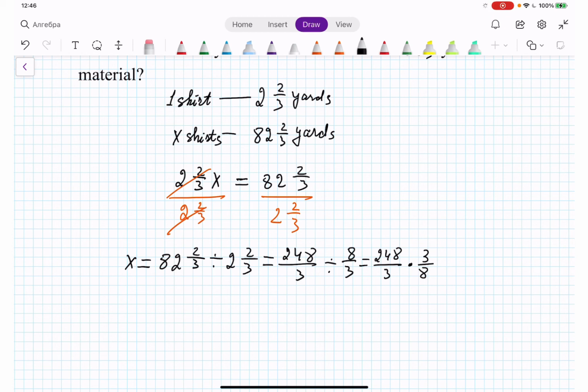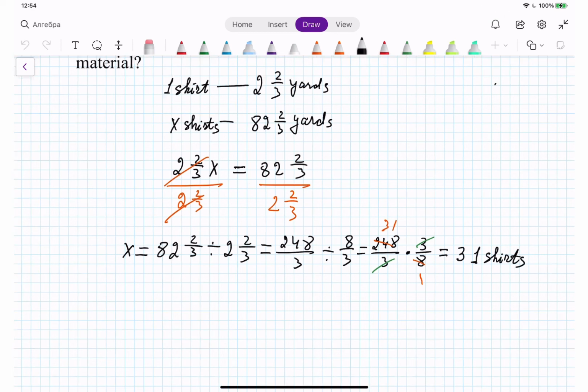So 248, if we divide by 8, we can reduce, yes, 31 times. This is going to be 1, this is going to be 31. And 3 also gone, right? We are getting 31. The answer is, you can make 31 shirts out of 82 2/3 yards. Okay? And the last question,